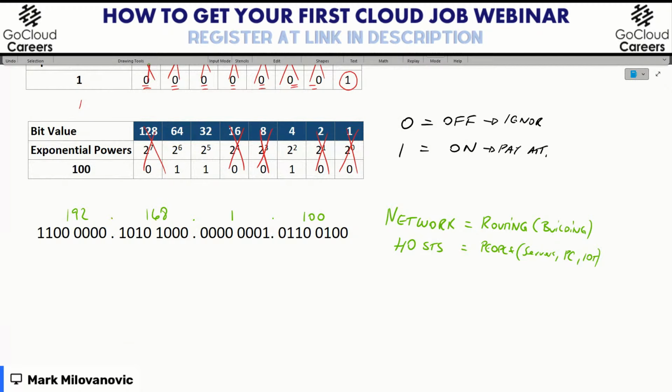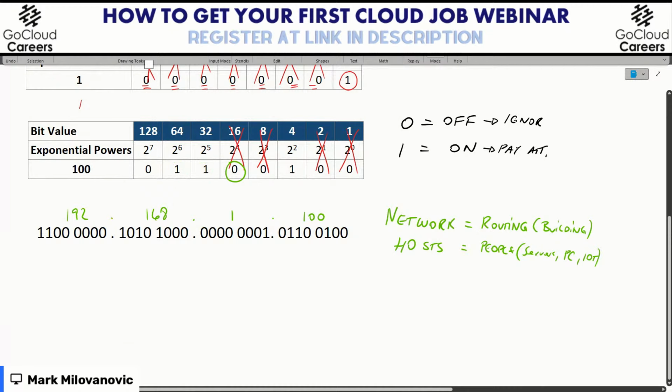Do you guys want to take a guess in the chat? What would be a way that possibly we might be able to figure this part out? I'll give you a hint. If you look at what we did previously, we used the ones and the zeros to help us figure out what numbers we want to pay attention to and which numbers we want to ignore.